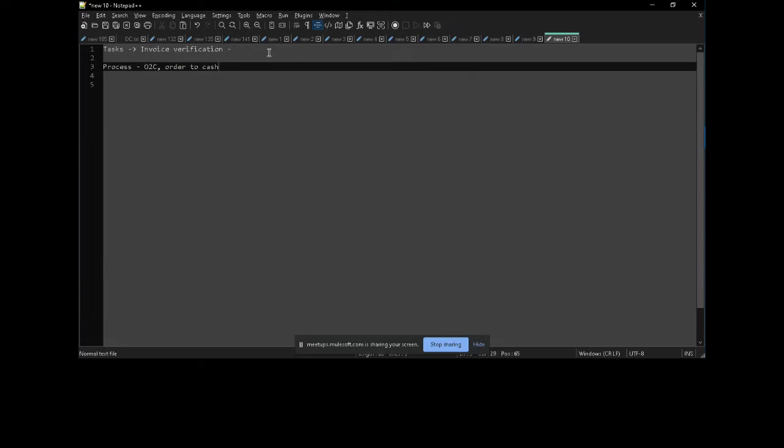Now there will be multiple processes. So let's suppose we are talking about invoices only right now, right? If I go through the order to cash cycle, how it works is you will place the order through, let's suppose, a front end. It may be SAP Hybris as an order taking front end, or a custom built order taking system, right? So you will place the order, you will make a payment.